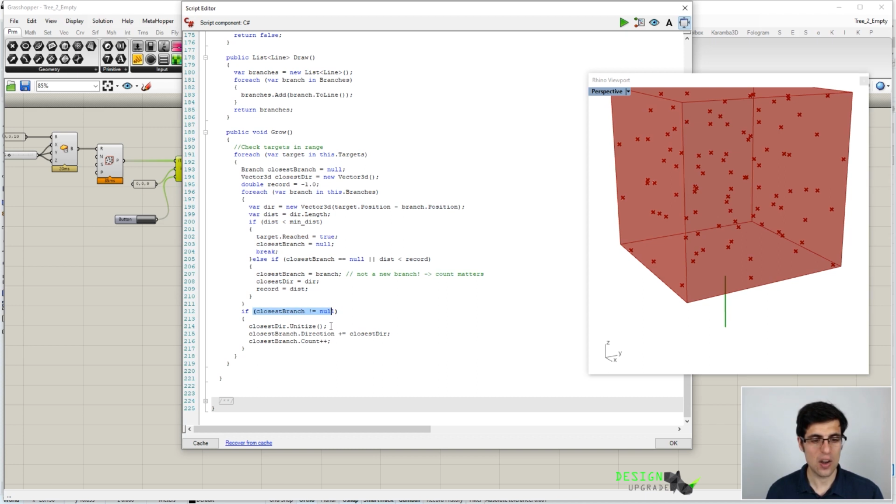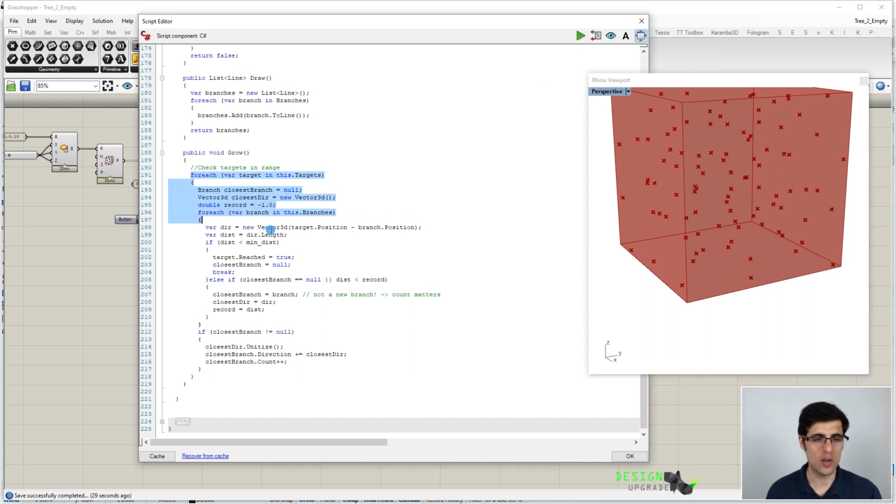then in that case what we are going to do is first to increment this count property of our branches that we already defined, if you remember, and what we are also going to do is to modify the branch direction by adding the vector that points to this closest target. And we are doing this because later on we will define a new branch that takes as argument this as parent branch. Okay, so now we are done looping through all of our targets in our tree,